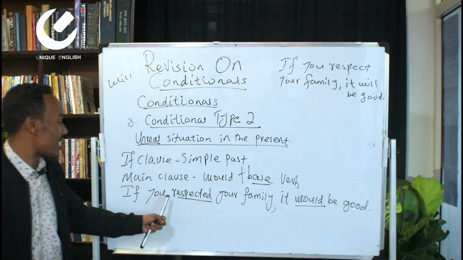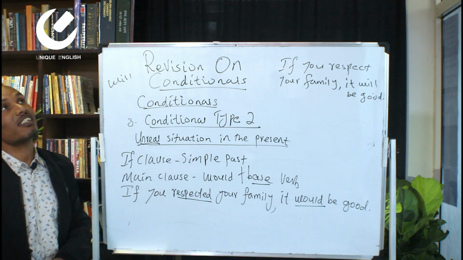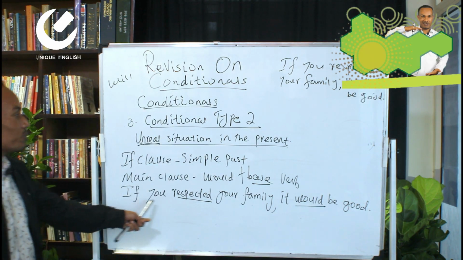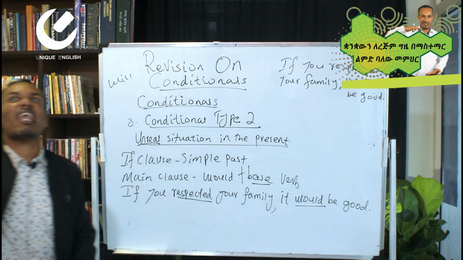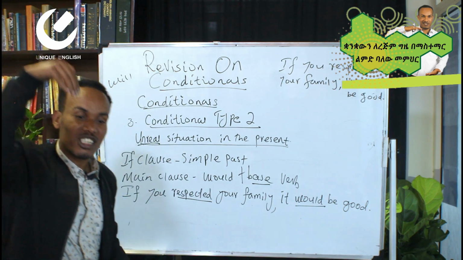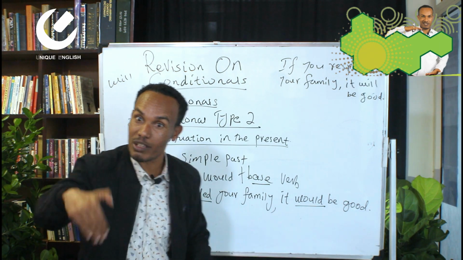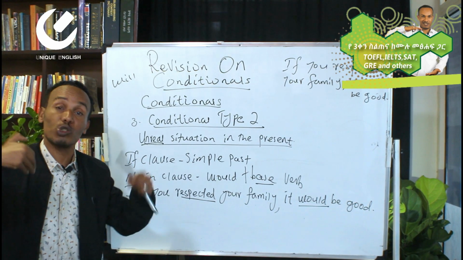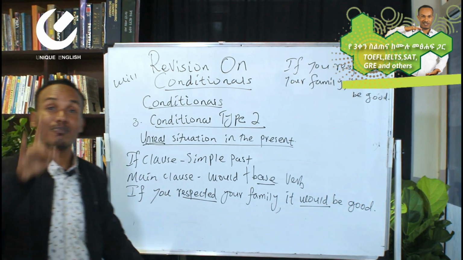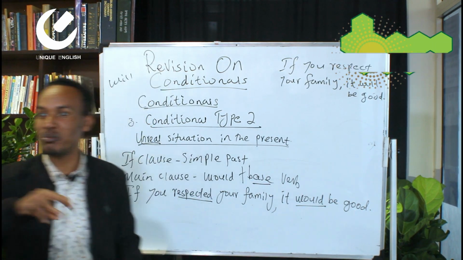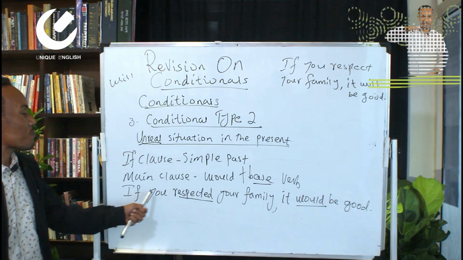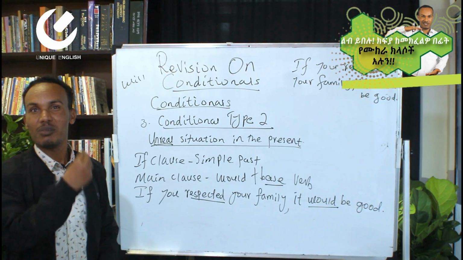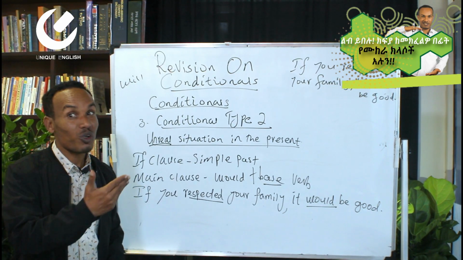Look. ስለዚህ አሁን እዚህ ጋር respected ስለሆነ respected is a past tense of what? Respect, and would is the past tense of will. Therefore ቤተሰቦችን ብታከብር ጥሩ ይሆንልህ ነበር ብለን ስላለፈው ያወራን ነው አይደለም? You are talking about the present. What kind of situation is it? It's unreal situation in the present, right? ያ ሰው ቤተሰቡን እንደማያከብር ካወቃችሁት አያከብርም ሁሌ ይዘልፋል ምናምና ታውቁታላችሁ ባህሪውን ምን ትሉታላችሁ? If you respected your family it would be nice. ቤተሰብህን አታከብርም እንጂ ብታከብር ጥሩ ይሆናል ወይም ጥሩ ይሆን ነበር ያላችሁት ነው።